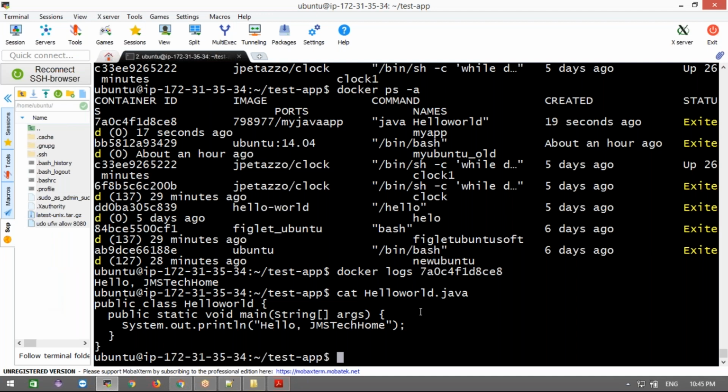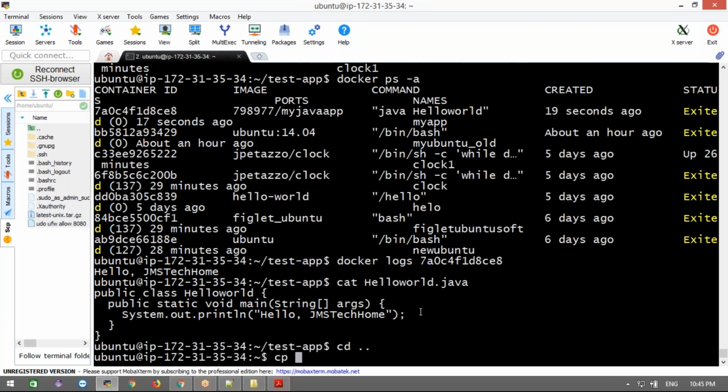Let me do cd dot, okay, cp. Before that I'm going to make a directory, test app Alpine.